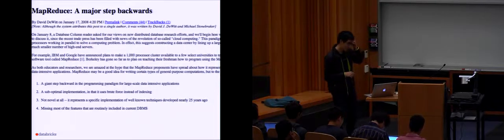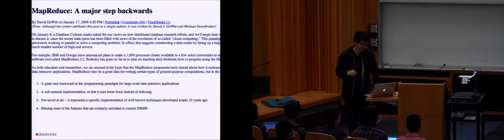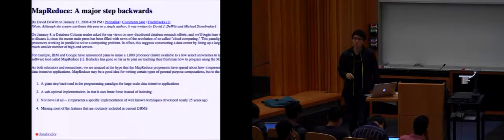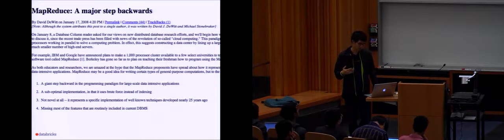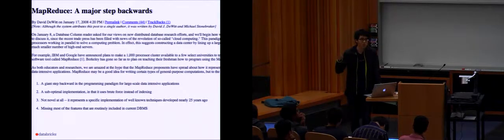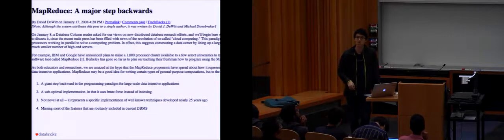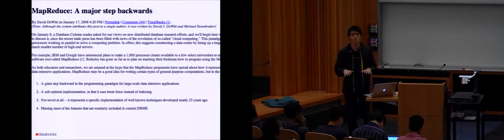So that brings me to a little bit of history. I don't know how much you learn about history in here. There are these two guys, David DeWitt and Michael Stonebraker. They are two of the most well-known database researchers. Michael Stonebraker was a professor at Berkeley before the 2000s. He essentially started the Postgres project at Berkeley, along with many other things. He just won the Turing Award this year, actually.